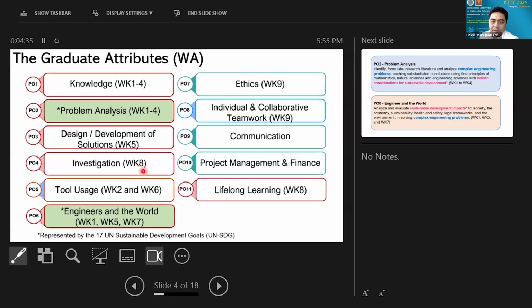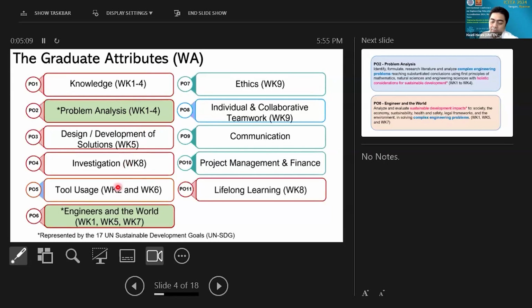So we start with the knowledge on PO number 1 or graduate attribute number 1, followed by the ability for our graduates to solve complex engineering problems, which I just put there as problem analysis. Then design or development of solution as PO number 3, and our graduates are also expected to be able to do some investigation or analysis.